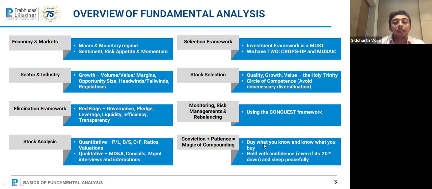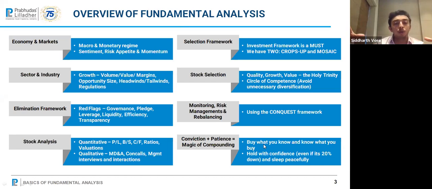Now, once you've decided which stocks fit into your quality, growth, and value trinity, you need to constantly monitor and rebalance your portfolio only when needed. You need to know that the investment thesis with which you bought a particular stock still holds true. The only reason for you to sell a particular stock is if the fundamentals have changed, the regulations have changed, the competitive structure has changed, etc. You cannot sell a stock only because a price has come down or because a price has gone up.